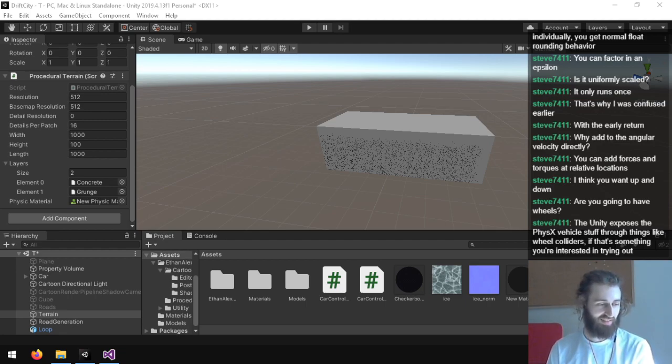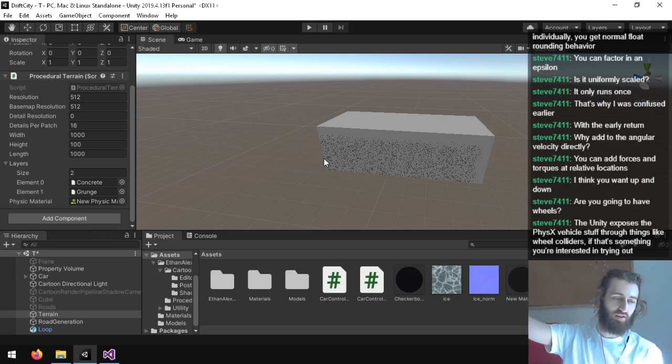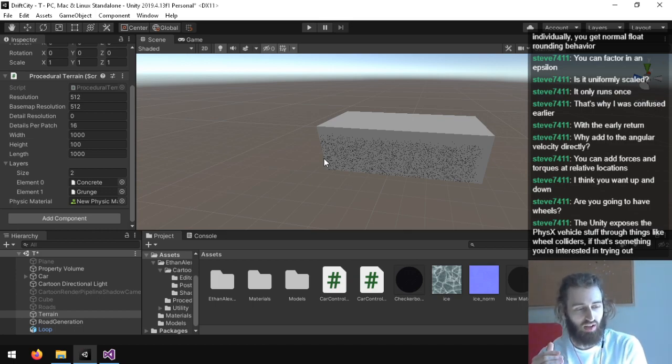Maybe I can bring up the video. Oh yeah, I'm too lazy to go through and look for it. We added wheel colliders to this at the beginning, and it went flying up into the air. So then I followed the wheel collider tutorial on the Unity website, and it didn't fly up into the air, but the car jittered back and forth on the wheels.